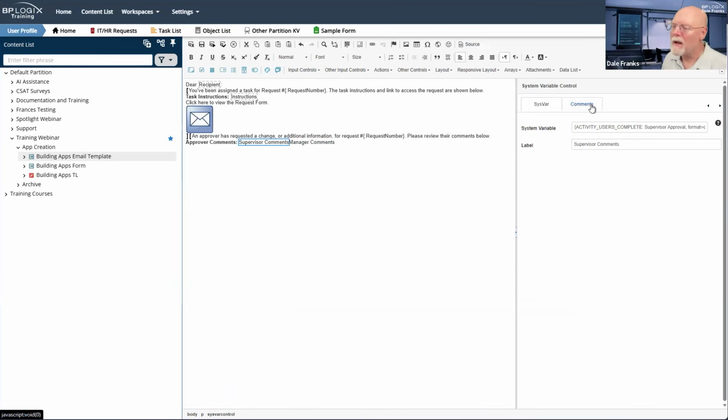And I just realized something. There are no control properties for system variable controls.